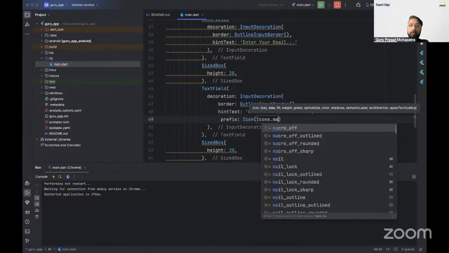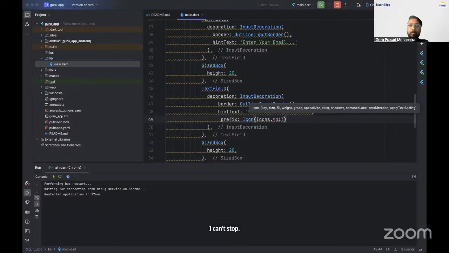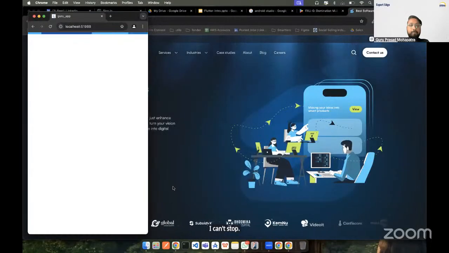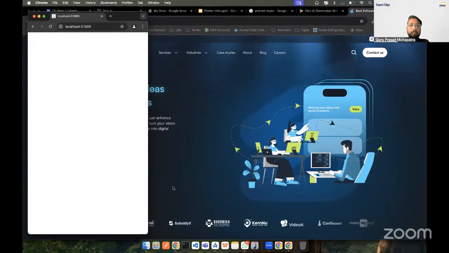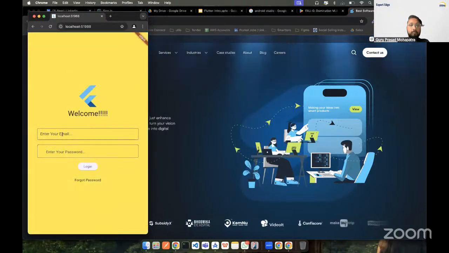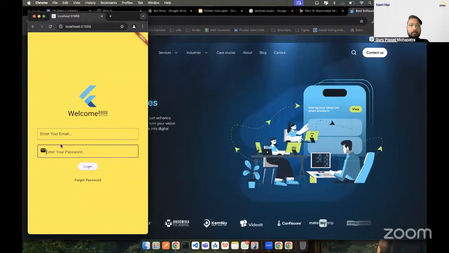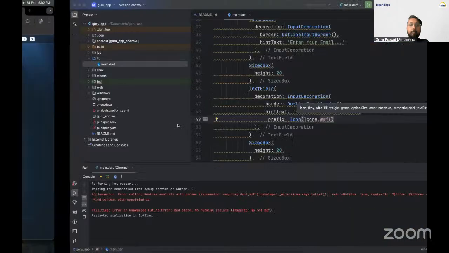Icons dot. So I've given it in the wrong one.